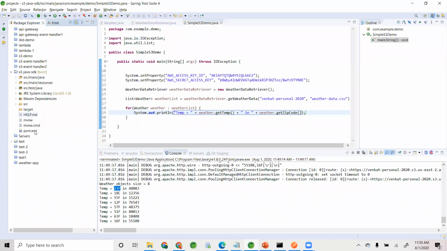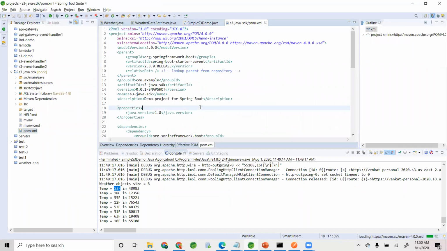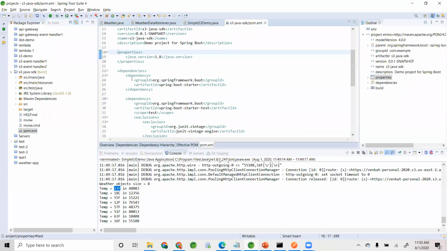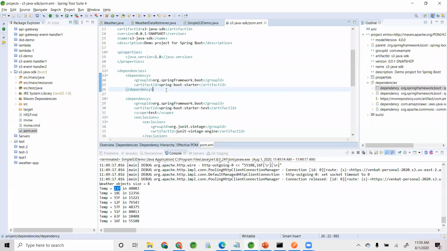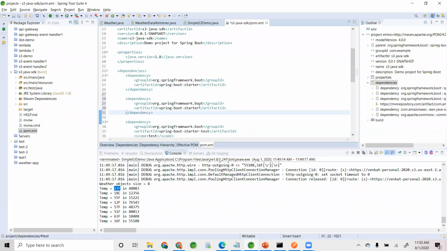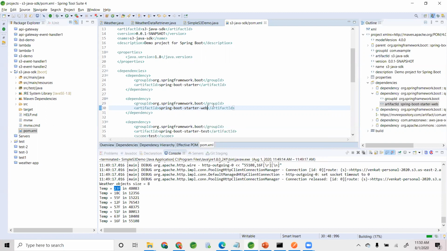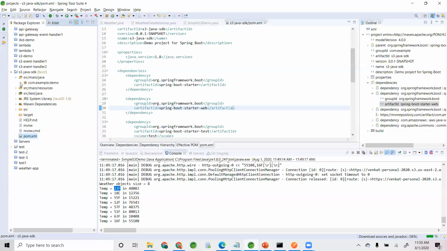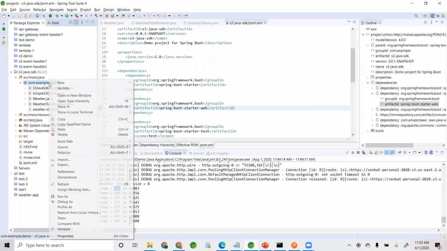Essentially, let me see if I have Spring Starter Web. I think I don't have it. If I have the Spring Starter Web, you're exposing a web service, right? Yeah. You're just exposing it as a web service. That's all I'm saying. This is all probably not needed for the AWS stuff, but if you're curious, just wrap it with